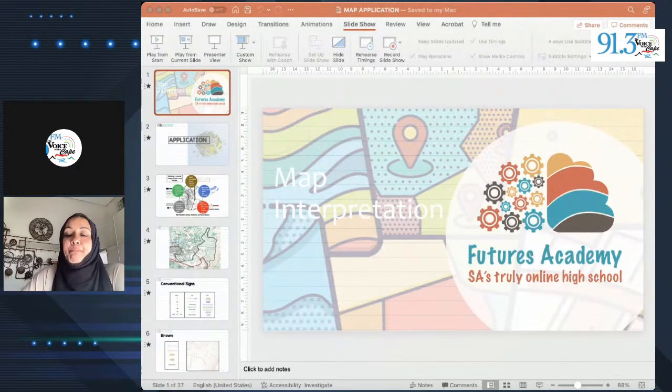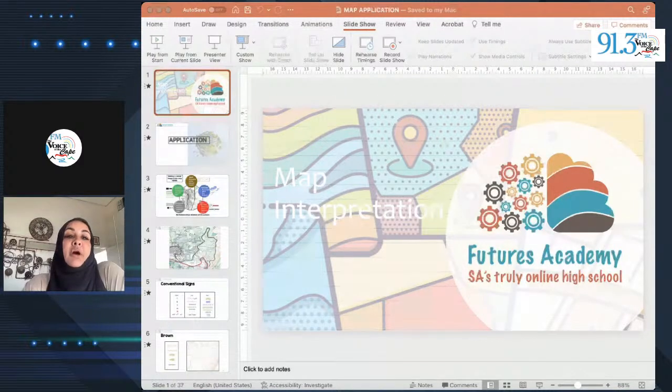Then anything in blue would be in regards to any water. So what type of rivers are there? Are there dams that are found within that region? Are there seas or an ocean that is found within that region? And what would be the climate of that particular region, which I will get into once we get into the actual map itself. So this is a typical